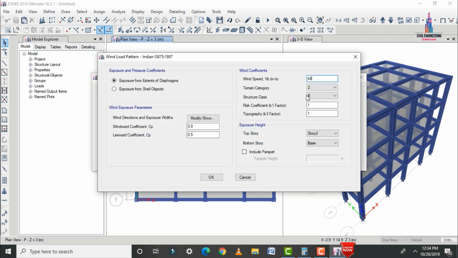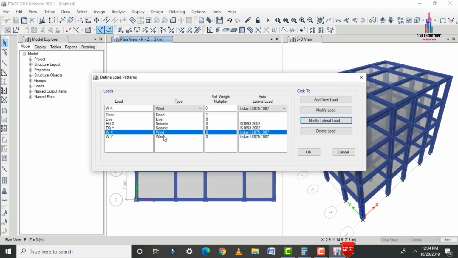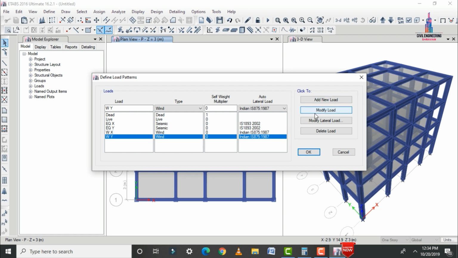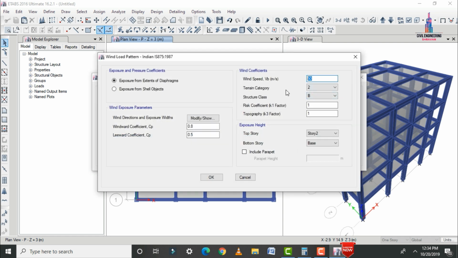Select the wind load which is in X condition, Modify Lateral Load. Here I am selecting the respective value 44, which comes under terrain category 4. Click on OK. Again I am selecting wind load which is in Y direction, Modify Lateral Load option. Again you have to select this value 44, which also comes under terrain category